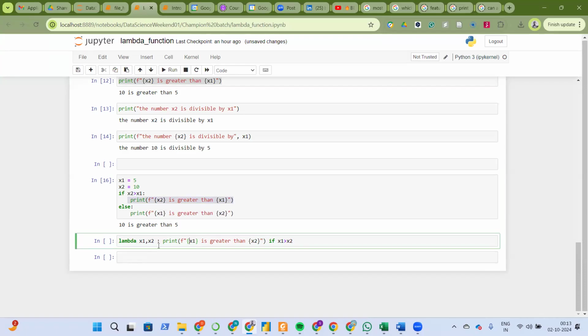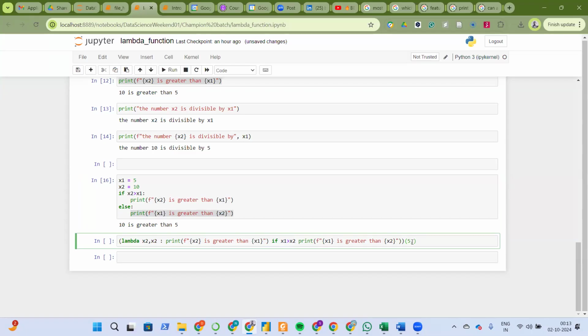If I want to follow this same order, so that I don't get you guys confused, let me put x2 greater than x1, the same way it's over there. And then I'll have to print x2 greater than x1. This is when it's true. And then the else part is going to come after my expression, right? And if I want to test this, I wrap all of these, and then I can try